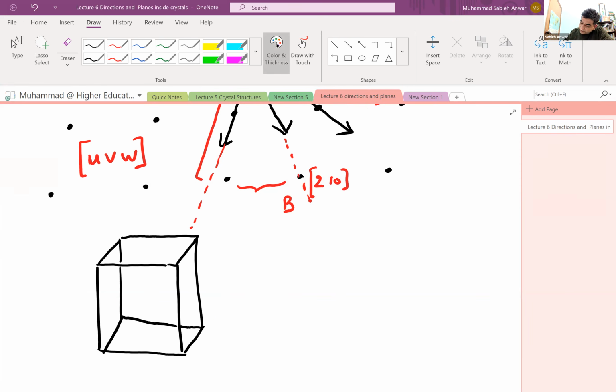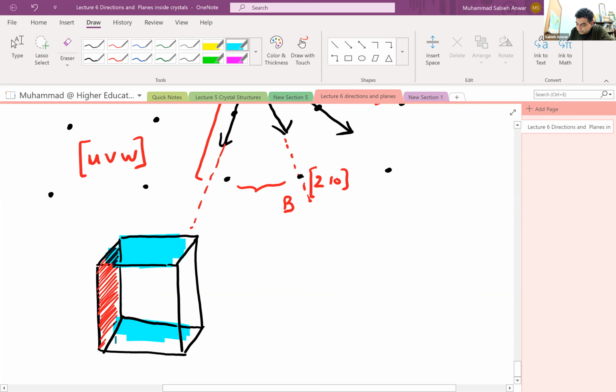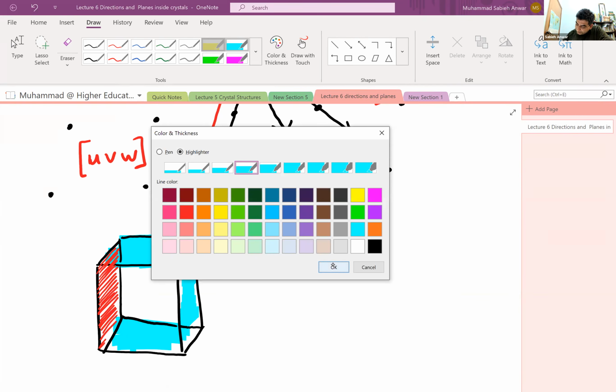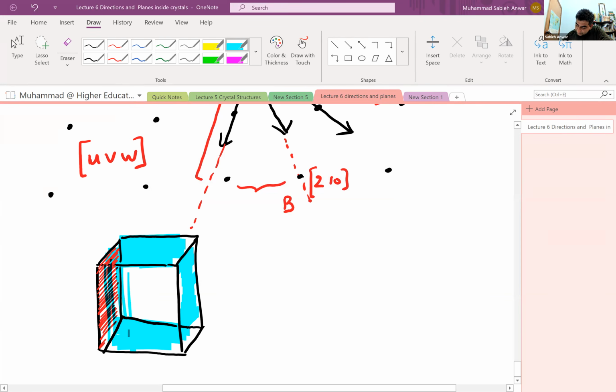And what I wanted to specify is that if this is purely a cubic unit cell, then this plane will be equivalent to this plane and to this plane because it's a cubic unit cell. All the x, y, and z directions are equivalent, and this will also be the same as